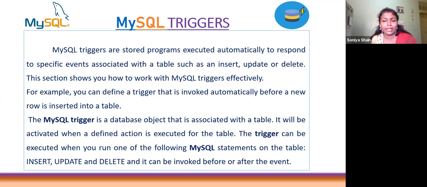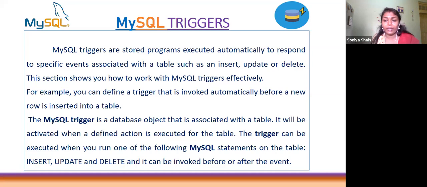I will explain more clearly later what events can happen for execution of triggers. For example, if you are inserting data, or updating a record, or deleting a record, and inside that different cases come: before delete, after delete, and likewise before insert, after insert. Many events happen automatically in the database.